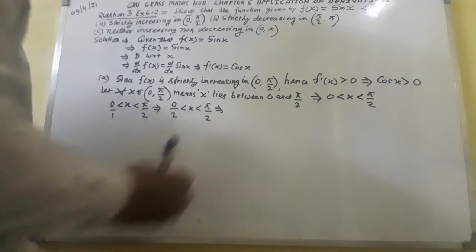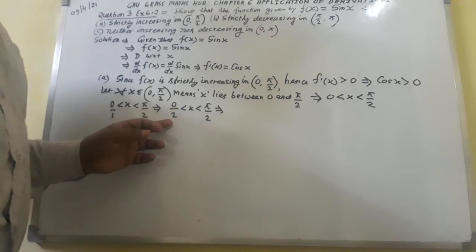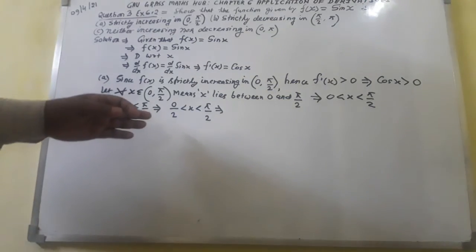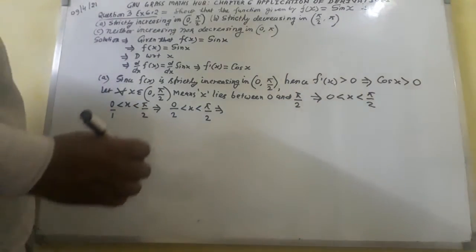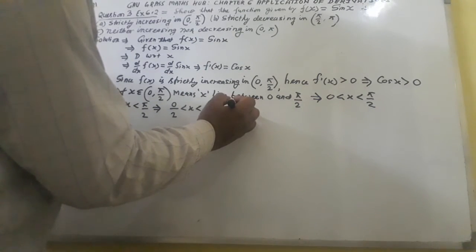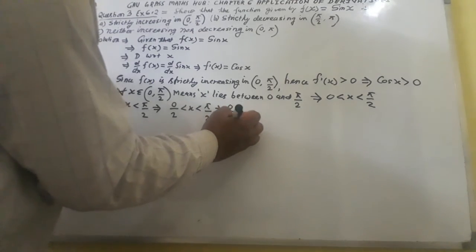Now the denominator 2 is there, so the denominator will be multiplied by 2, and we will get 0 over 4 less than